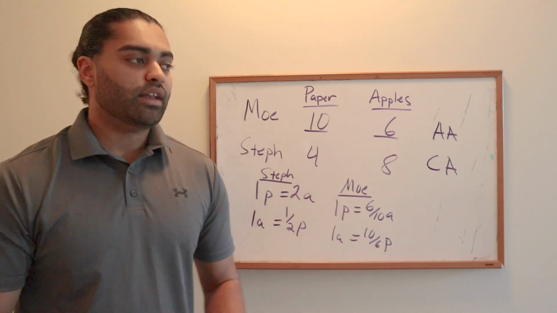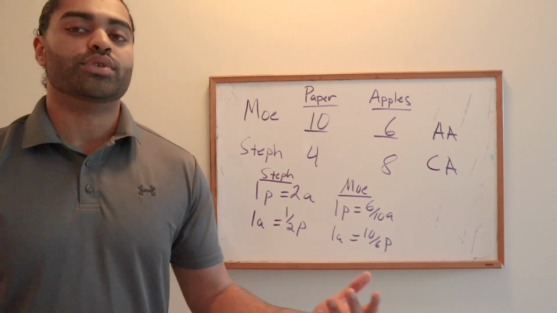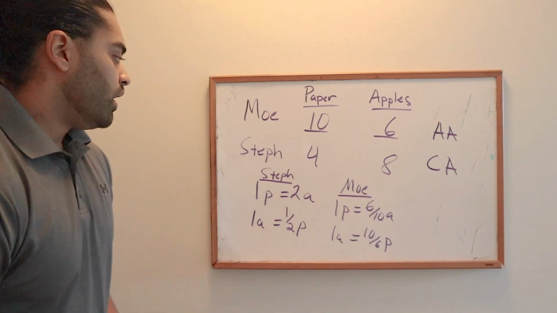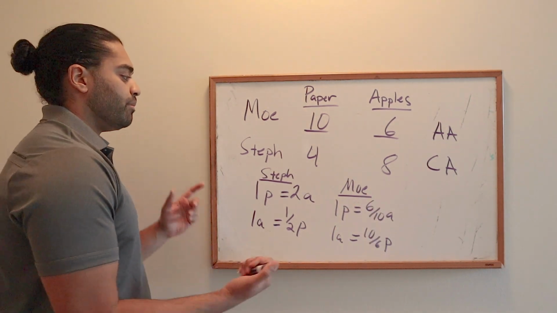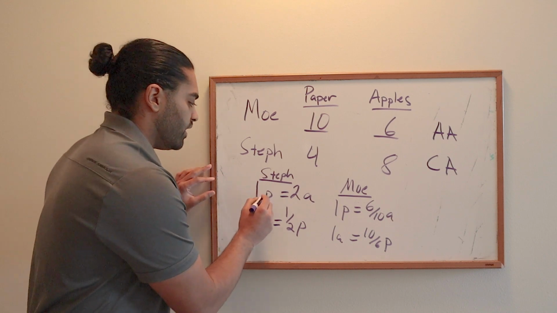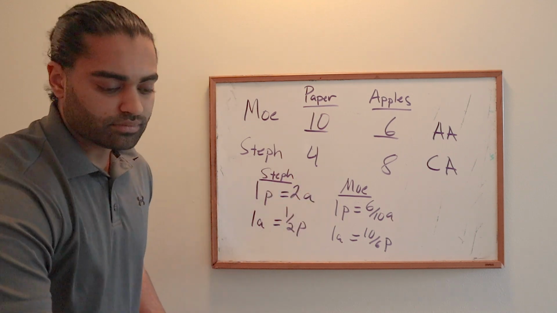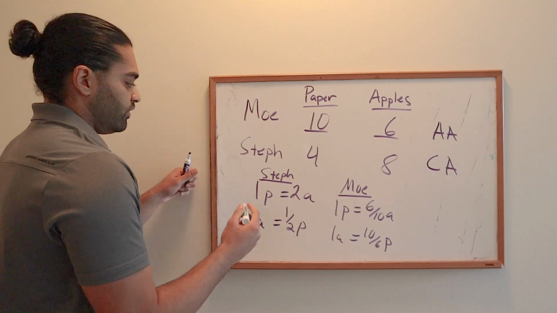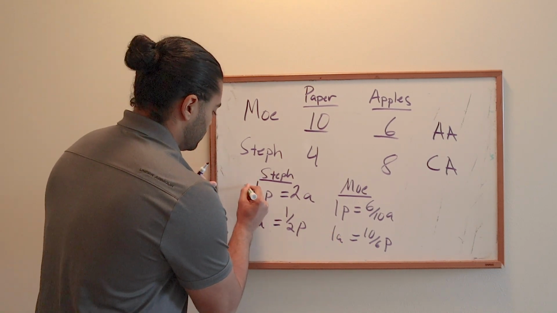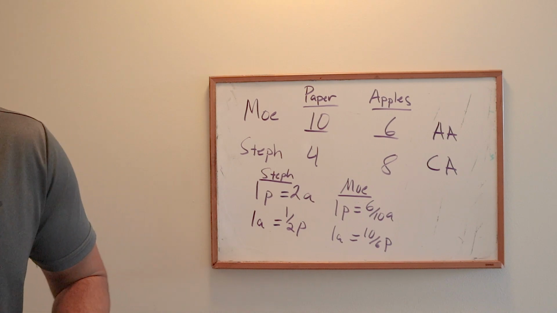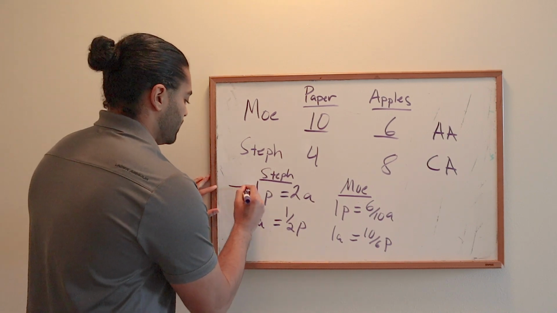We're comparing 2 individuals, and we want to see who has the advantage in producing a certain product. So in order to do that, we're going to compare the opportunity cost of producing paper in terms of apples, and then apples in terms of paper. For the first one, we're going to focus on this